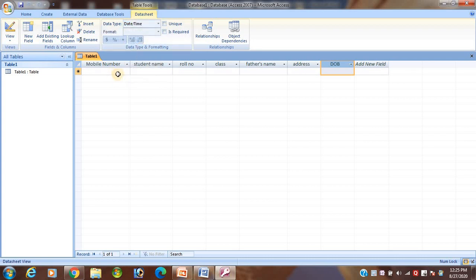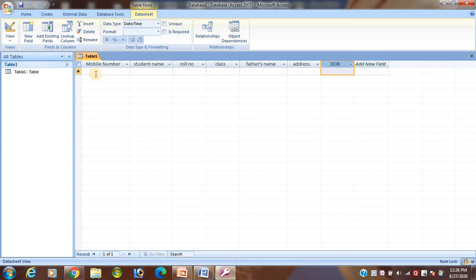In this way student, I have specified the data type. After doing this, now you can insert the value. Now I have given all the field names, and according to the field names, I have also specified the data types.